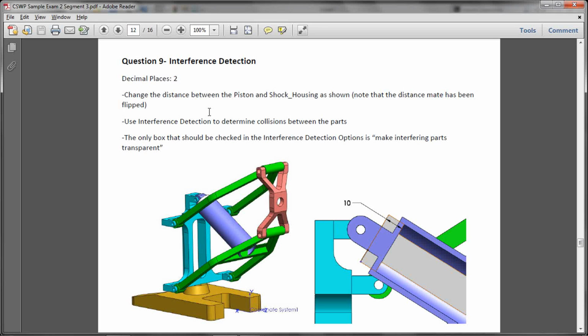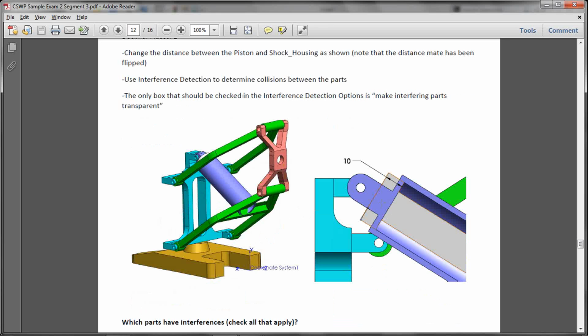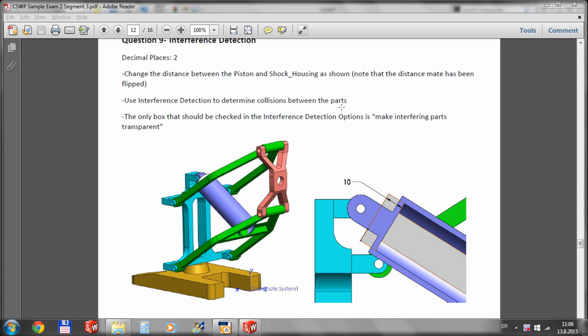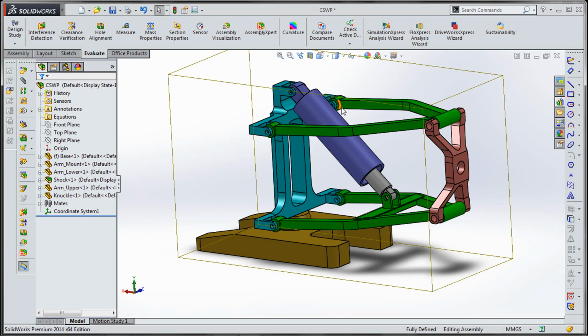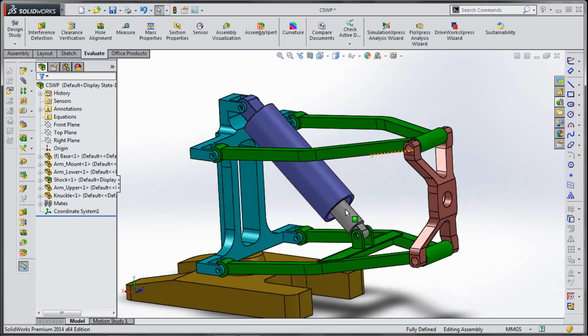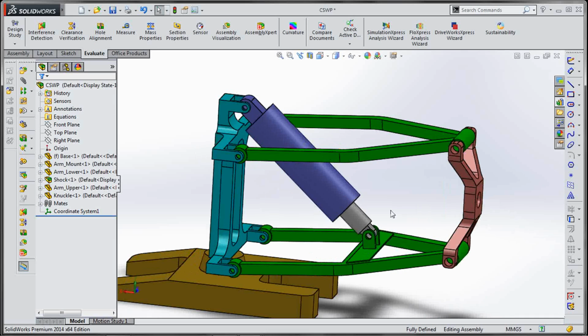Interference detection. So we have to change this distance mate. You can see that here. And use interference detection to determine collisions between the parts. So first, let's change this distance mate.